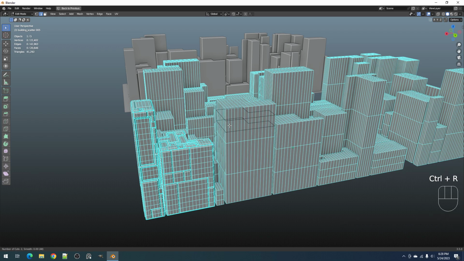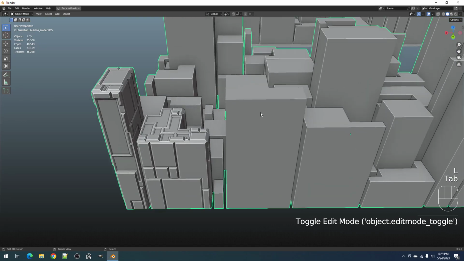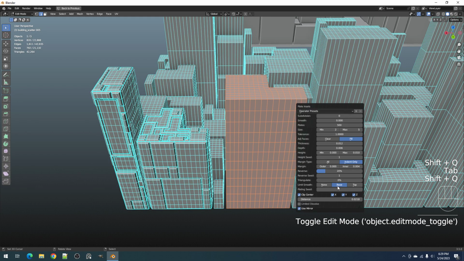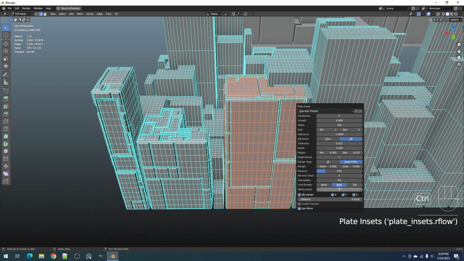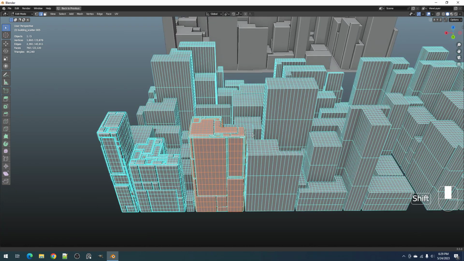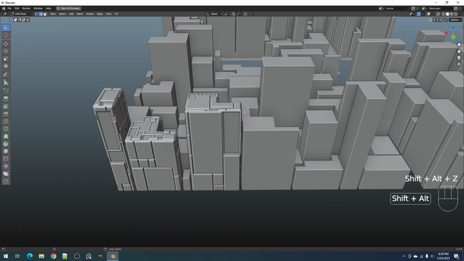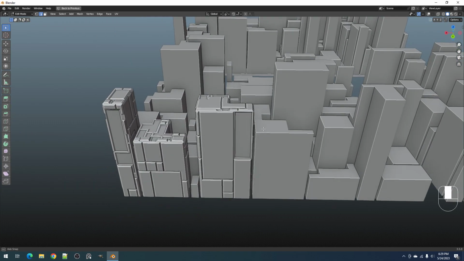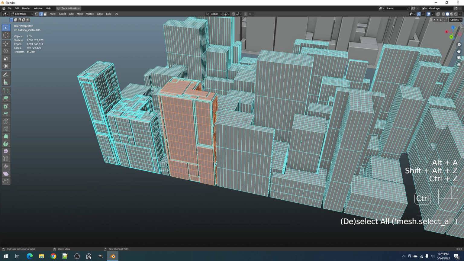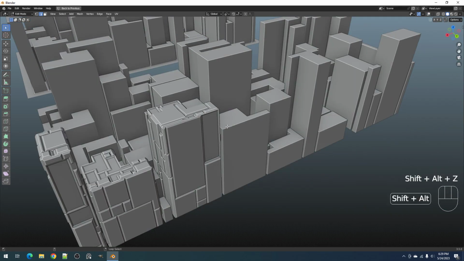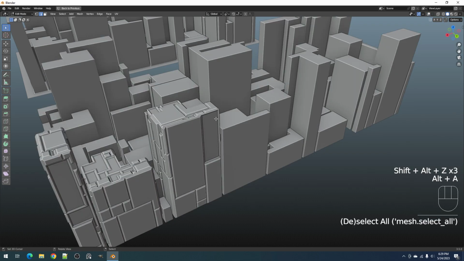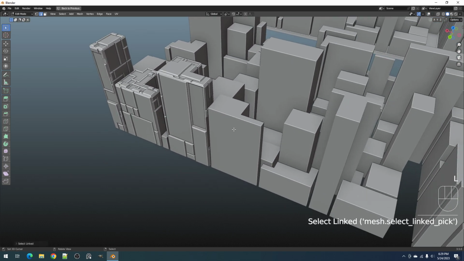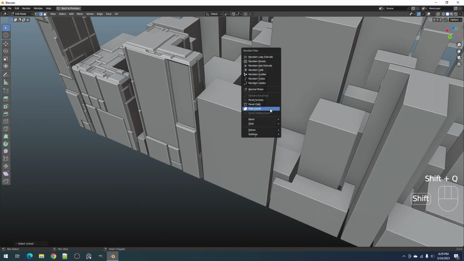And by the way, you can use this in edit mode, and L to select this island. Press L hotkey. You can create a shortcut to get rid of the overlay. Okay, and then Alt A. So without looking at the overlay, Alt A, I know it deselected those faces. Then L, it selected these faces here, and then